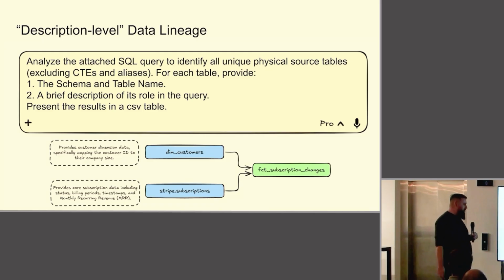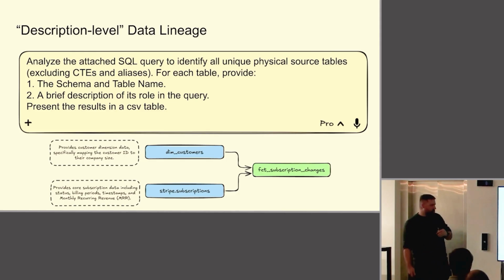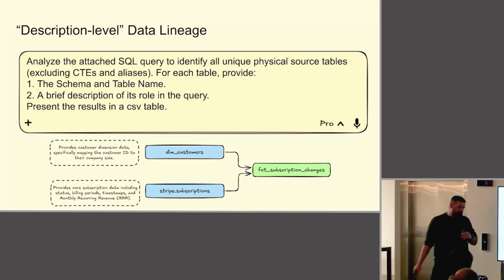So it would give us that from customers, we are only using the company size, and from subscriptions, we are using the status, billing period, timestamp, and the revenue itself. So at this point, you already know which tables are being used and what data is used from each table, but you are still not familiar with the